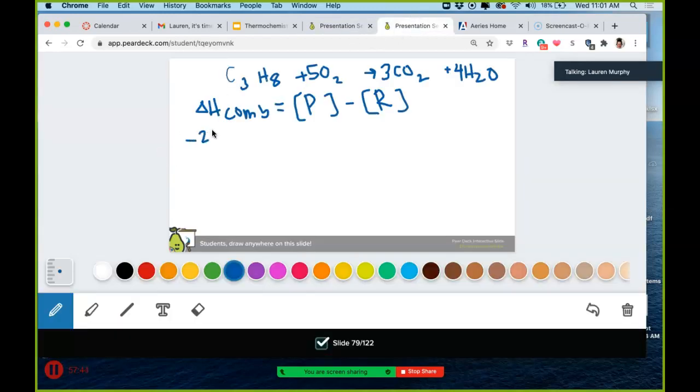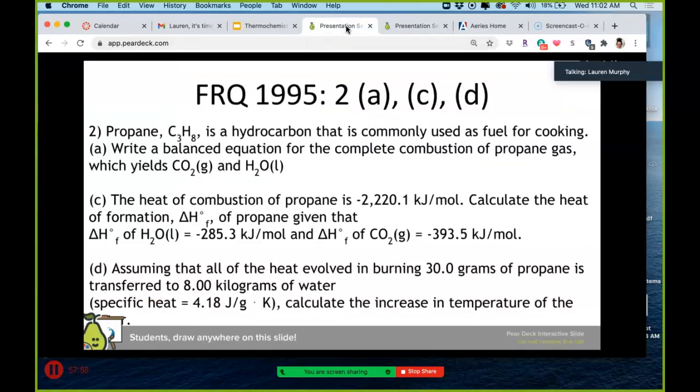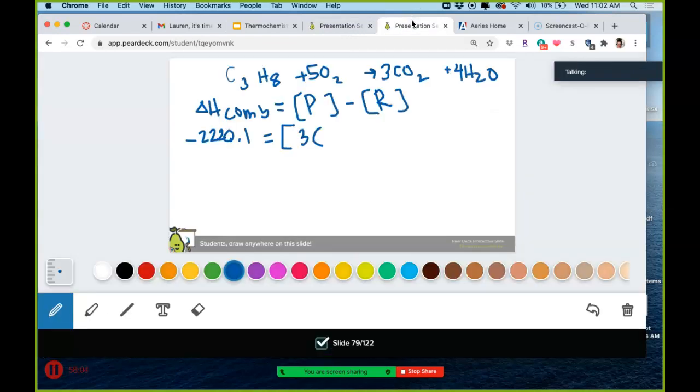So this is negative 2220.1 equals, so this was given. So products, 3 times carbon dioxide's HF value. What is that? Negative 393.5. Plus 4 waters, 4 times negative 285.3, I think is what they have for the HF of water. So these are my products minus